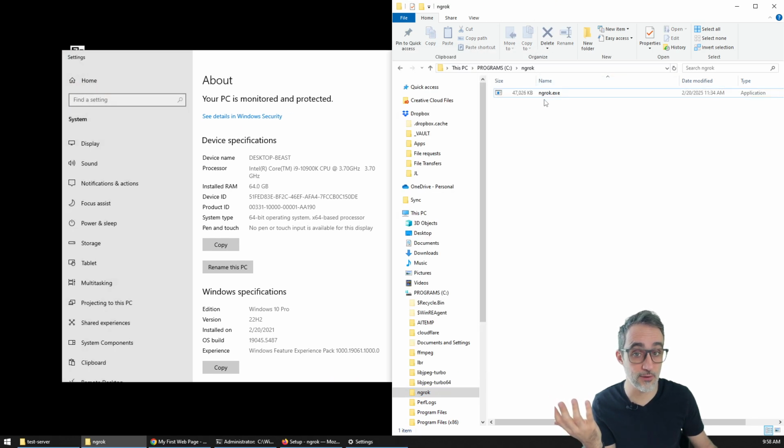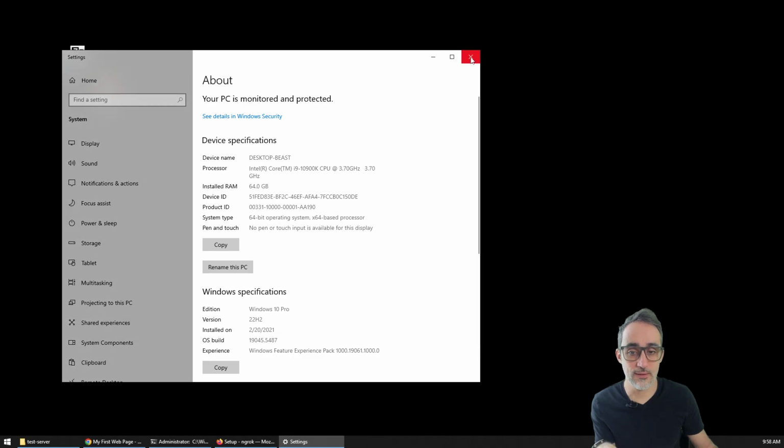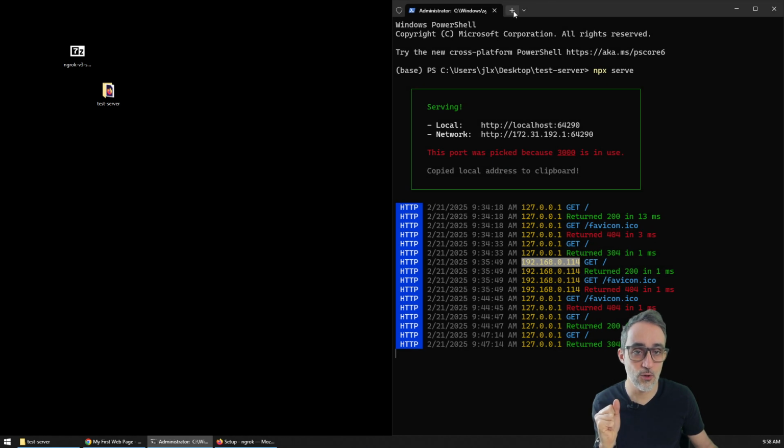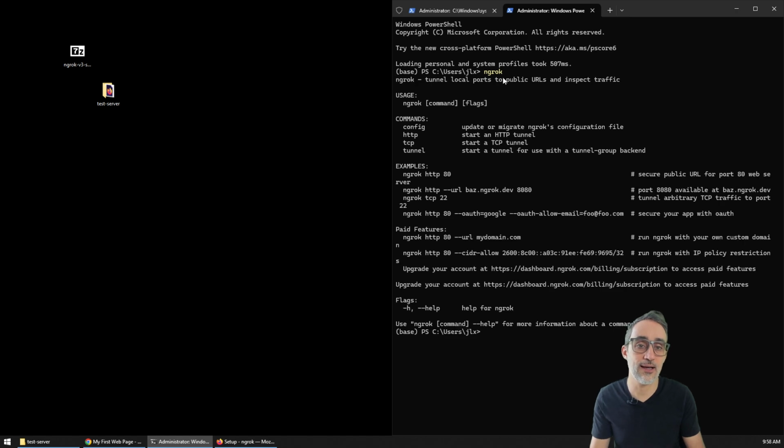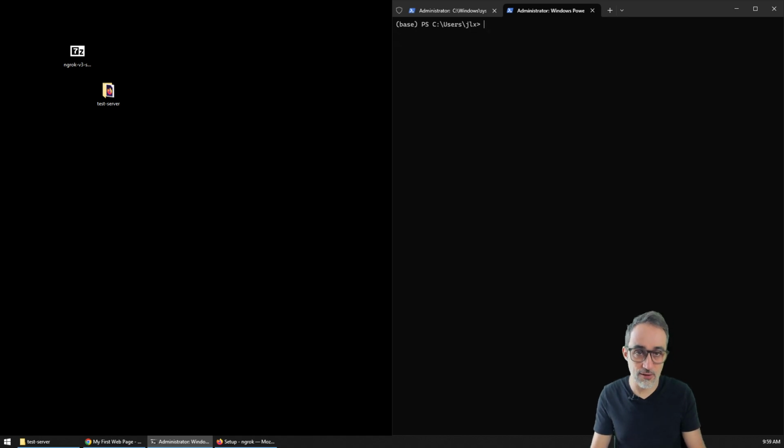Again, what that means is that now I can open any terminal from any folder and then type ngrok, and the system will recognize it as a command that I have accessible anywhere in any terminal. Great. And then the last thing we're going to do, now that we have ngrok perfectly configured, is use it to tunnel